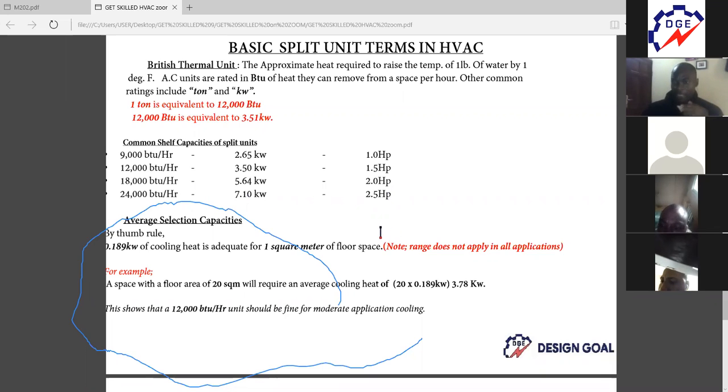I hope after this free training, you guys will not specify ACs in horsepower again. Because doing it in horsepower, you just sound like that guy who was just buying ACs and selling them. He doesn't care about what capacities they are or what technical terms are involved. ACs are mainly professionally specified in terms of cooling loads, and the cooling load is given in terms of BTU